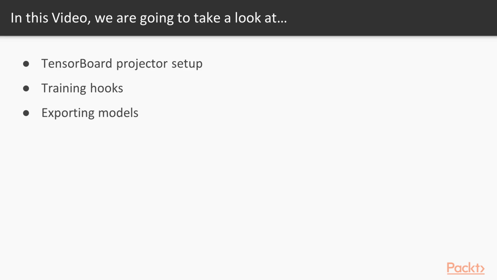Next, we'll learn about the ins and outs of the training hooks on the tf.train module, and we'll also see how we can easily create our own custom hooks. Finally, we'll show how to export your estimator model, which will take the place of the saved model builder we saw in video 1.5, since tf.estimator will use a saved model builder itself under the hood and it'll take care